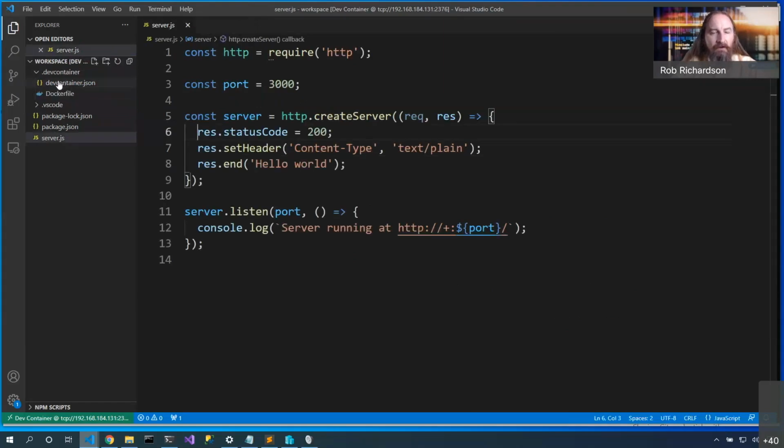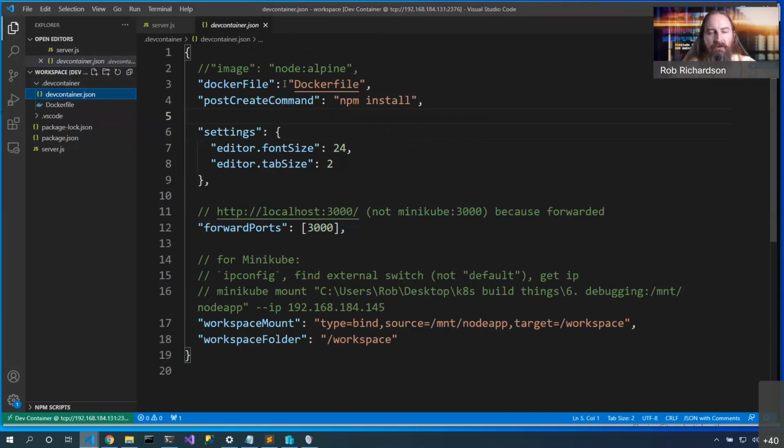Now that we've got our image or our Dockerfile, then we have a post create command. Now I wanted to npm install inside the container. Now I didn't want the Windows versions of any native modules. I wanted the Linux versions of it. So after the container starts up, it will do an npm install to be able to get all my dependencies. Now I can specify various settings that I want. Do I want to include various extensions installed inside the server side of this? In this case, I just chose big font sizes. We can also list the forwarded ports.